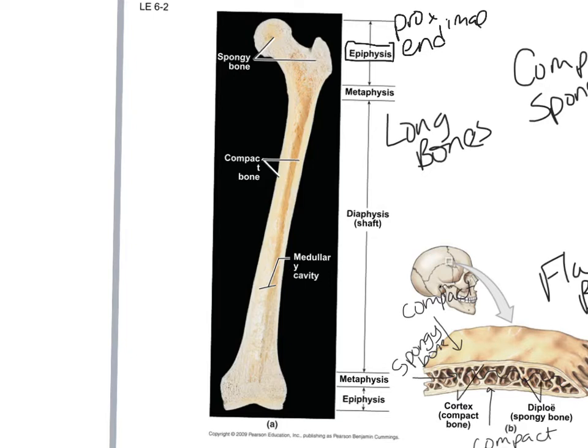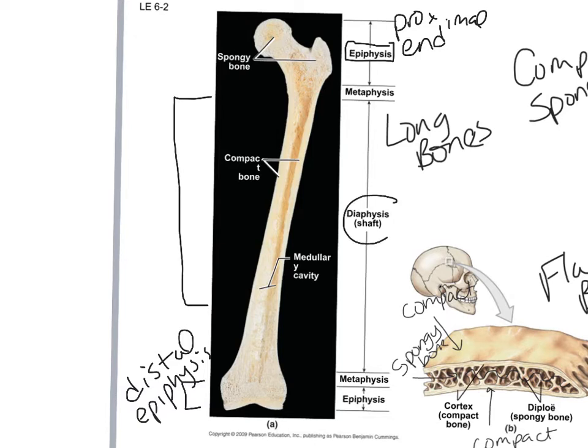And then down here at the bottom, we have a distal end, or a distal epiphysis. Okay, so we've got the proximal epiphysis and the distal epiphysis, right? Distal is further away. So proximal is up here, distal is down here, right? Then we look at the longest part of this bone in here. This is called the diaphysis. A less medical term would be just the shaft,